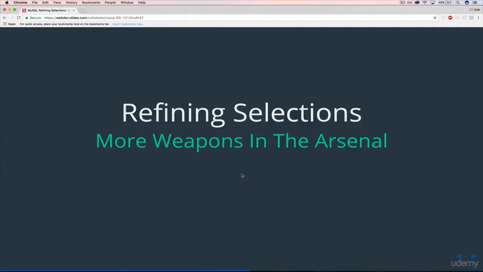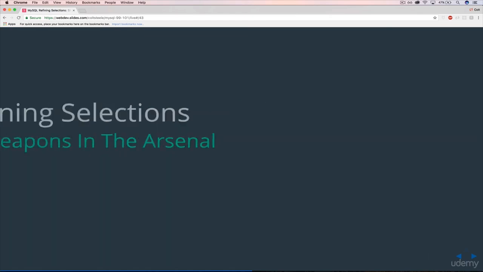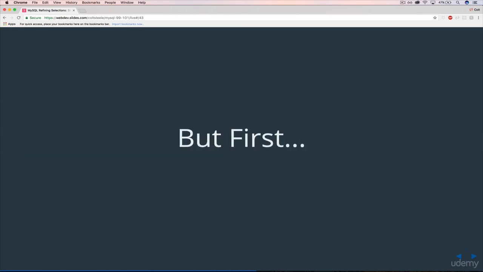All right, welcome back. So in the last couple of sections, we focused on select, and we're going to continue that trend. In this section, we're going to talk about some of the other tools that we'll be able to use to get more specific when we're selecting things. So we'll be able to do things like sort our results in alphabetical order or reverse alphabetical order, or limit the number that we get, or only get unique results back, and a bunch of other things that we'll be able to combine and use as other tools in our arsenal. So before we do that though, I want to start by just adding a little bit more data